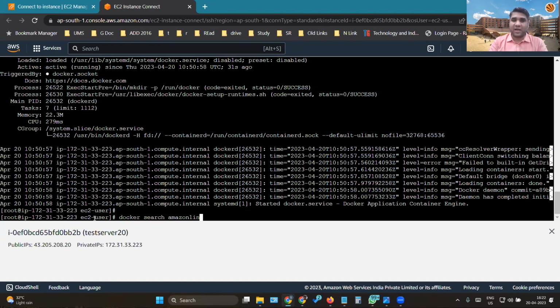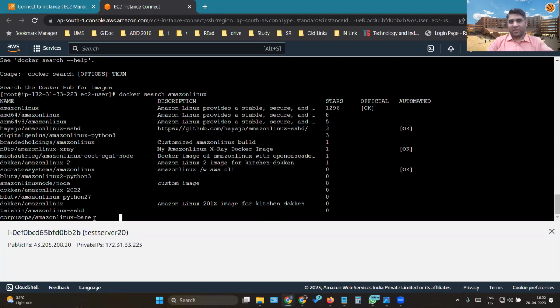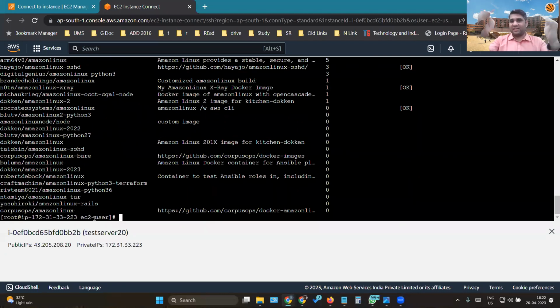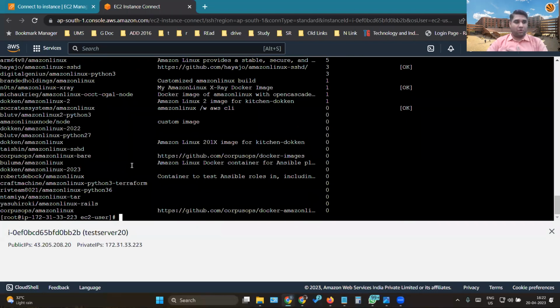Because we are doing this on the command line, spaces and everything are case sensitive. If I give a space out here in, let's say, Amazon Linux and search, it will say nothing is found and there's some problem, no such image available. As soon as I remove the space, Amazon Linux altogether, see, it has found that Amazon Linux is there. It has given me the idea that yes, it is available and what it is. Now I want to load this image of Amazon Linux on my Docker and run it.